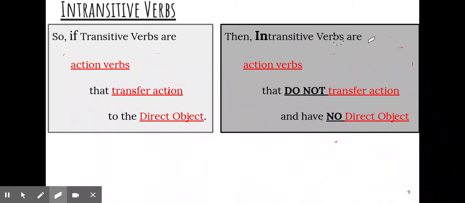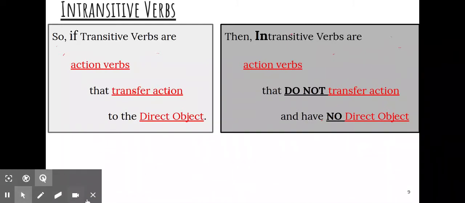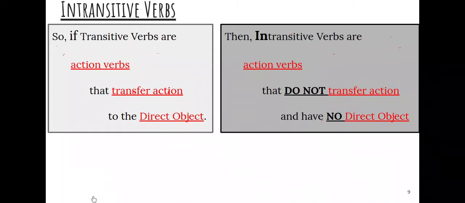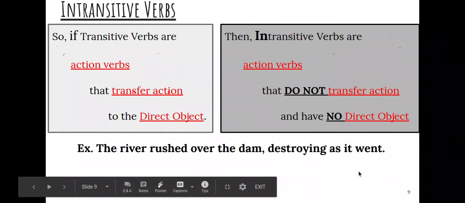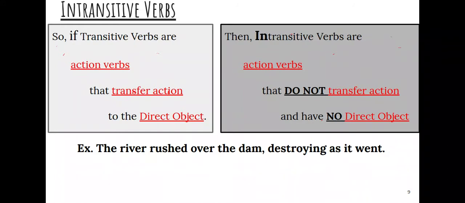And if you plug into our formula for a direct object, but you're dealing with an intransitive verb, then you just won't get an answer for that. So, for example, you might look at this sentence. The river rushed over the dam, destroying as it went. What's your subject? It's river. What's your verb? Rushed. And if we plug into our formula there,